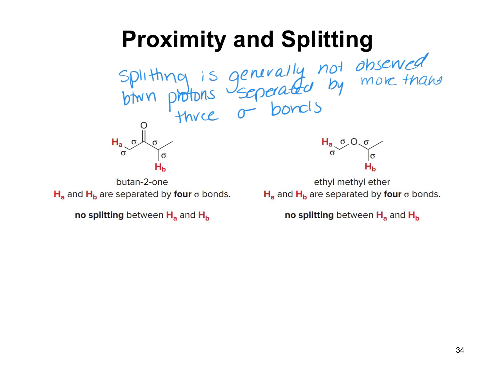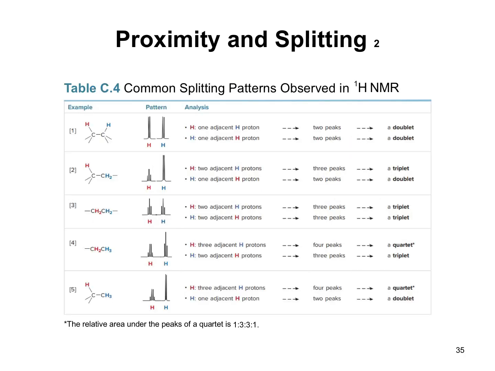So let's look at some common splitting patterns that we observe in a proton NMR. So here are some common patterns. Now, a big thing for you to remember here is this is for non-equivalent protons. So, for example, we have a proton here and a proton here. They're in 2 different chemical environments for some reason. They are non-equivalent, okay? So, when we look at this, we can see the splitting pattern here